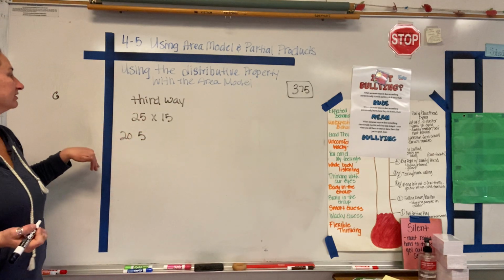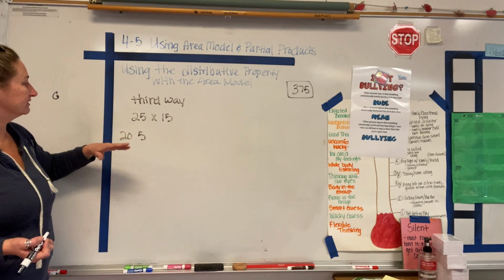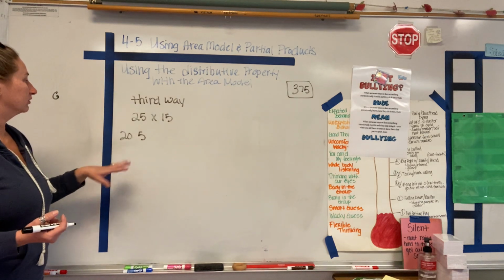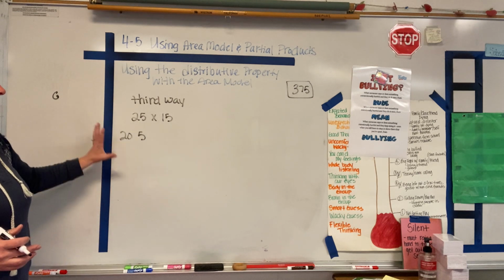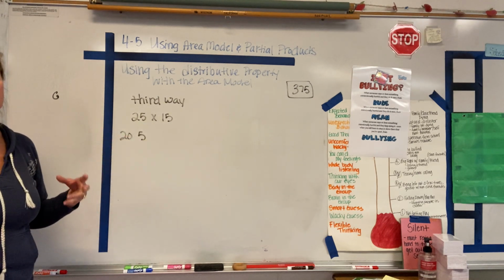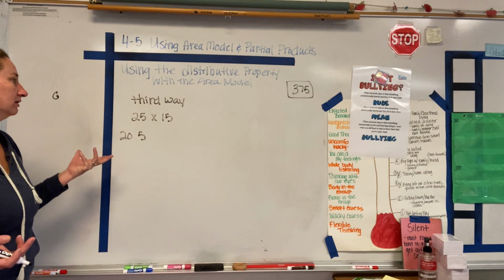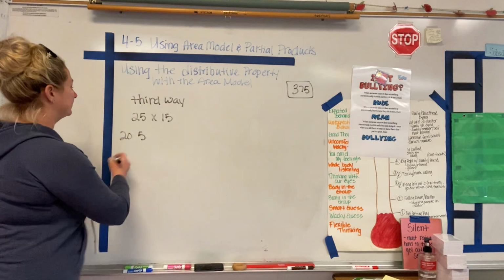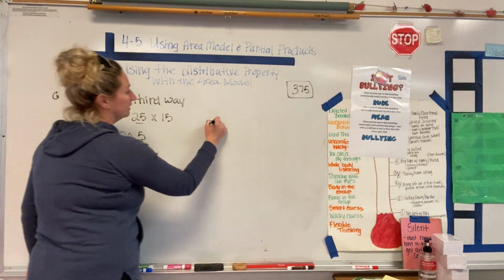Luckily with these numbers, they end in a 0. They end in a 5. 5s are easy to multiply by. Multiples of 10 are easy to multiply by. So in this case, breaking apart either one of those numbers makes it easy. Since I broke apart only one number, I'm only going to have 2 boxes,